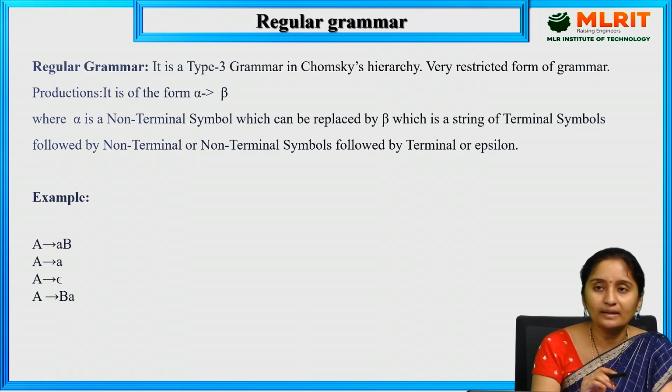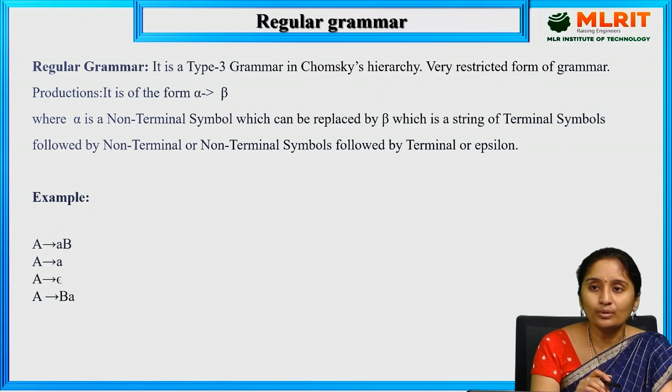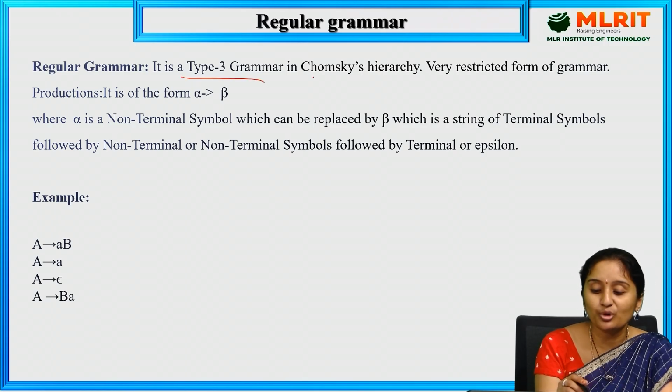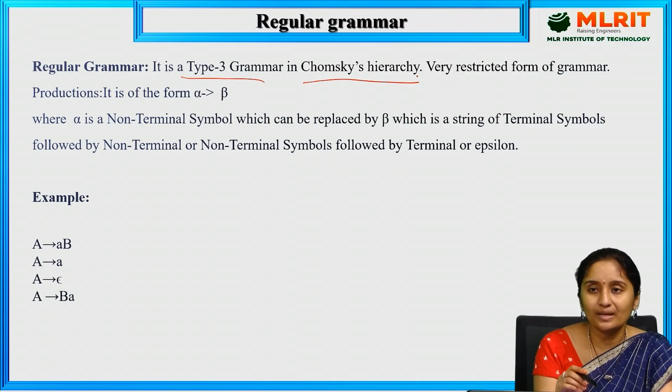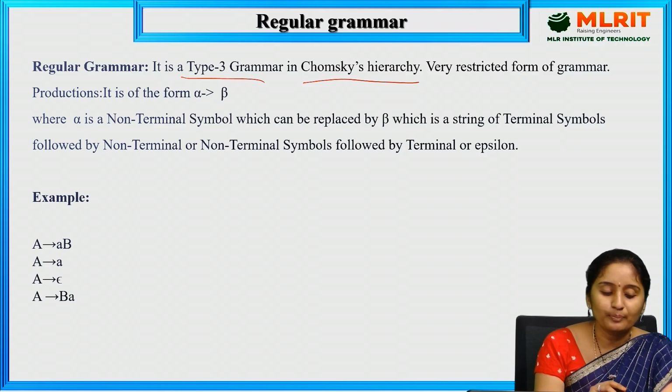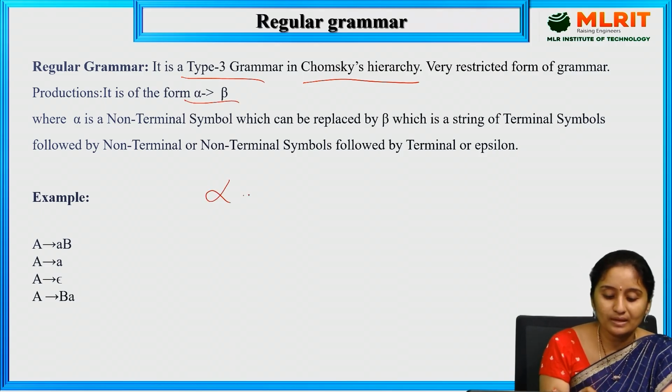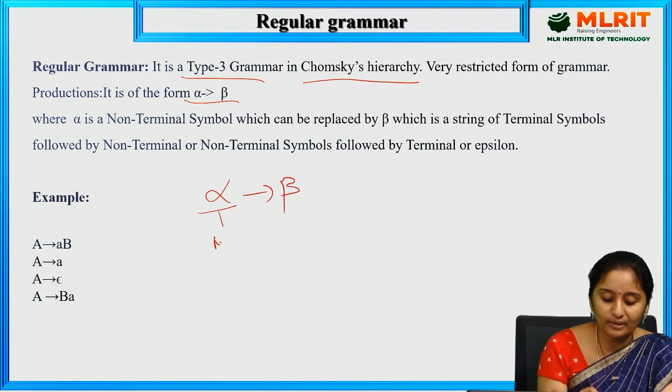So what is a regular grammar? There are four types of grammars. The regular grammar comes under type 3 grammar according to the Chomsky hierarchy, nothing but the classification of grammars. It is a very restricted grammar and the productions are in the form of alpha produces beta, where alpha consists of non-terminals lying in the LHS part,